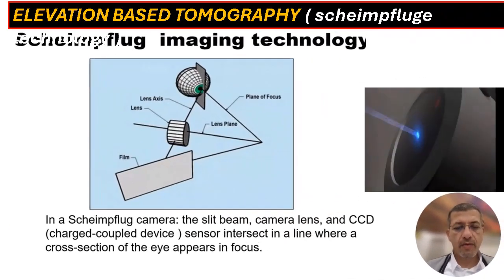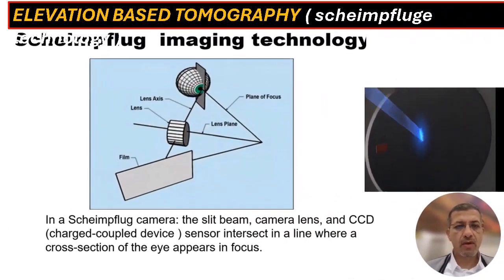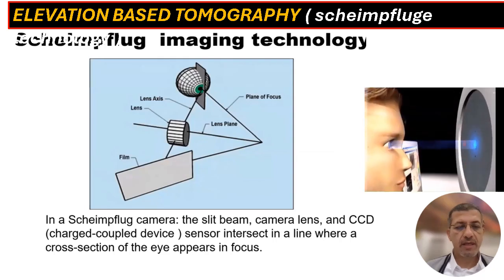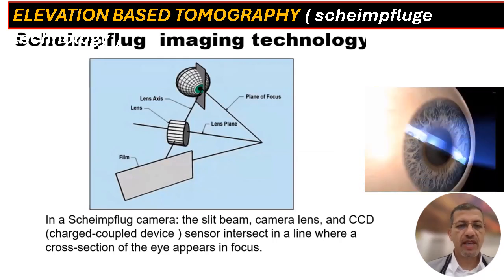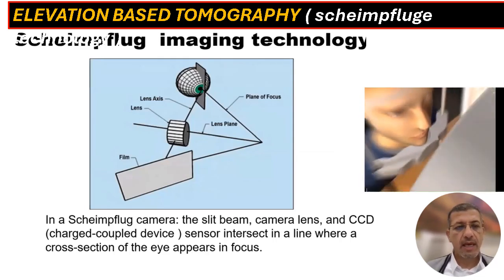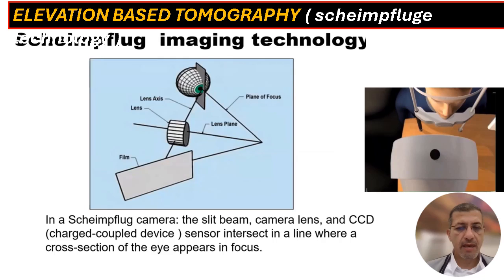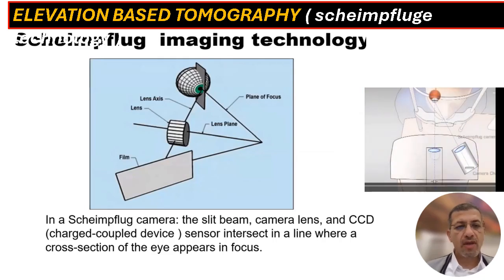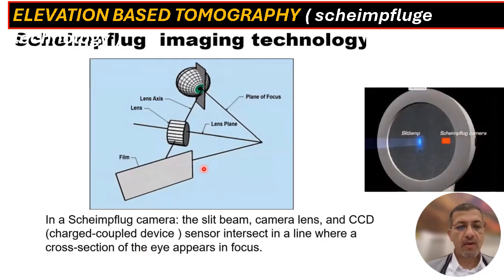The second type of projection-based or elevation-based tomography is the Scheimpflug technology. The typical example is the Pentacam. In this technology, the principle of Scheimpflug imaging is based on the film plane or the sensor plane,